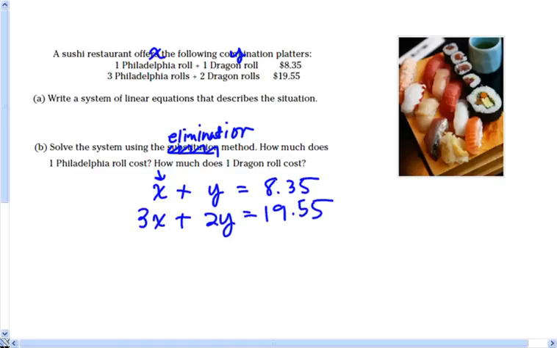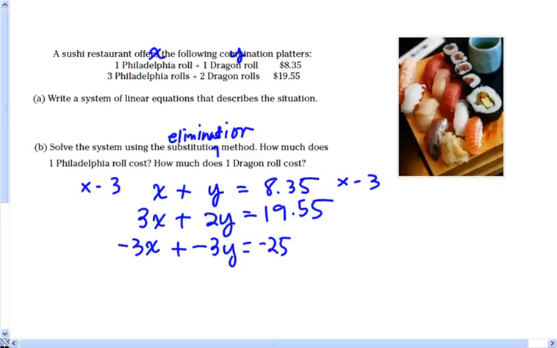So I think I'm going to do it that way. And if you like to eliminate by adding, then you could just multiply this top equation by -3. So we're going to multiply both sides by -3. And I'll put that down here. So we get -3x plus -3y equals 835 times -3 is